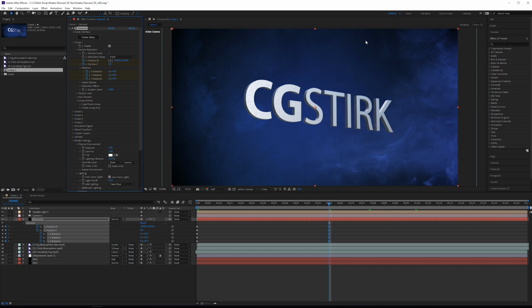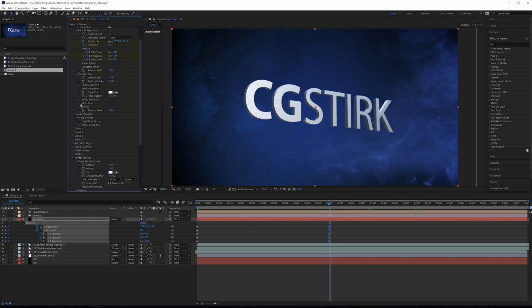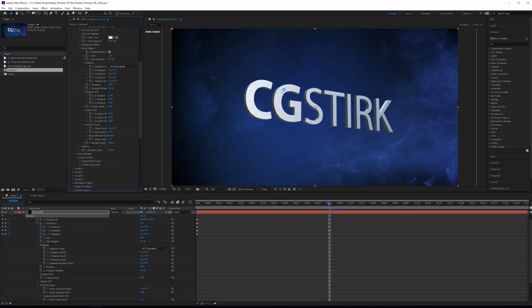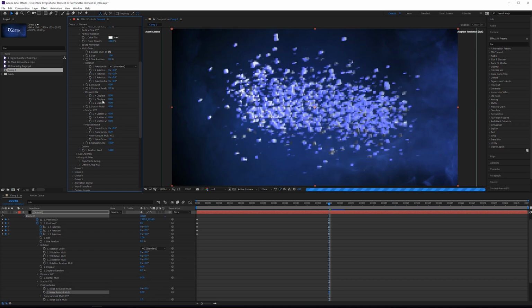All right, so finally the part we've been waiting for. Let's go into our group look. We're going to go into multi-object. So multi-object allows an object such as all of this text, which is technically just one object, like a grouped object, to use all the sub-objects inside. So for example, we have displacement here. We can increase displacement, we could increase scatter, increase noise. All sorts of things you can do with this.